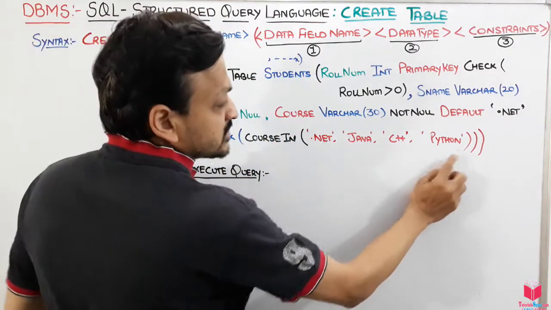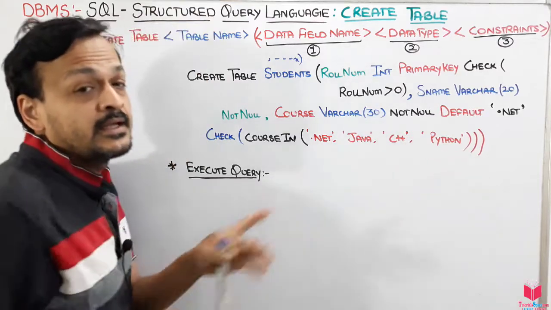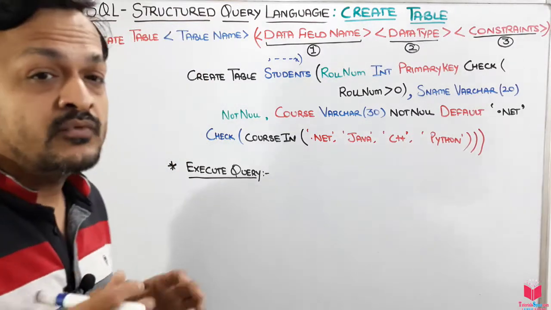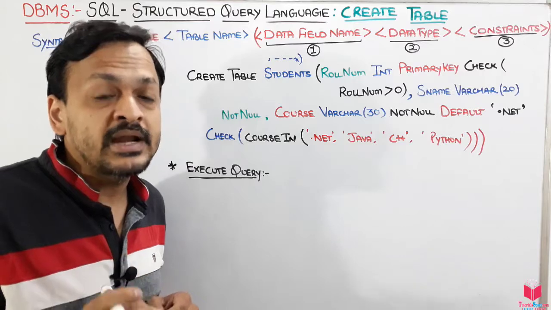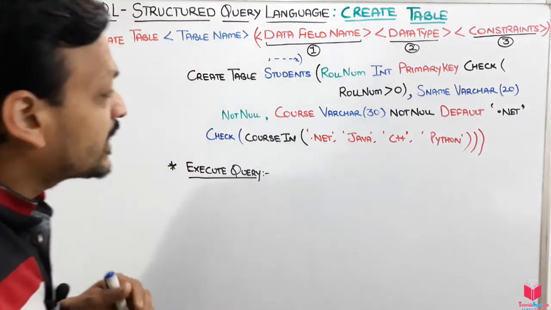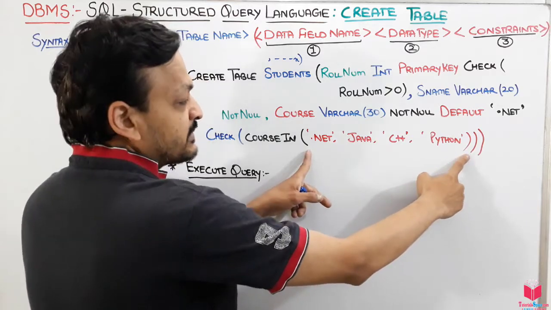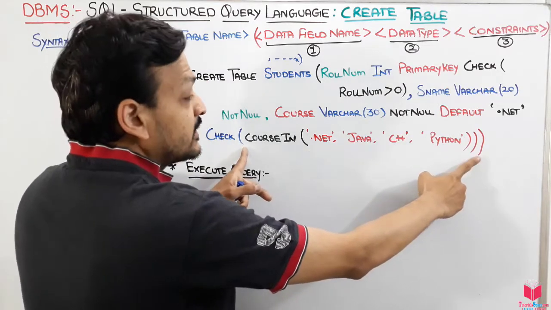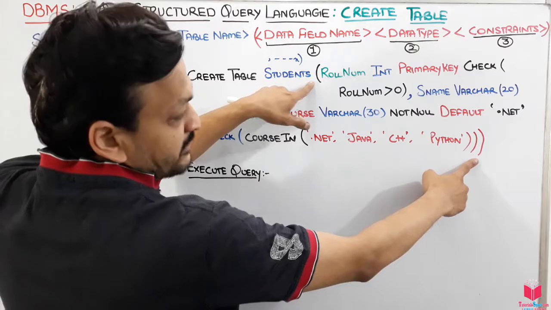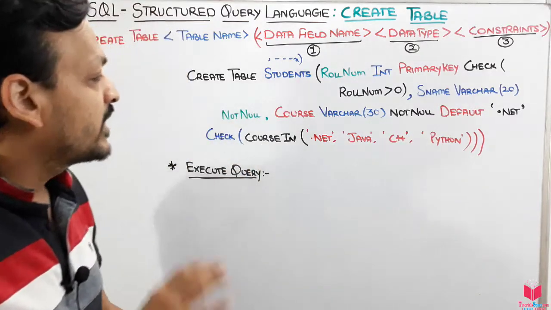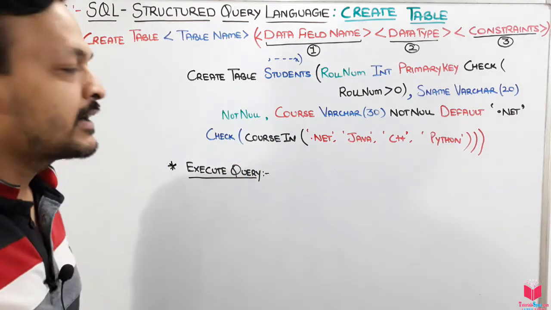After that, I have closed this bracket. See, it's like mathematics. We have to close every open bracket and check where we have done that. This bracket closes to this bracket, this bracket closes to this bracket, this bracket closes to the very first bracket. And we have checked that we have closed every bracket.